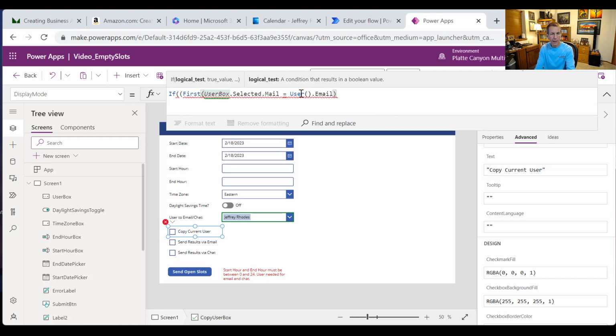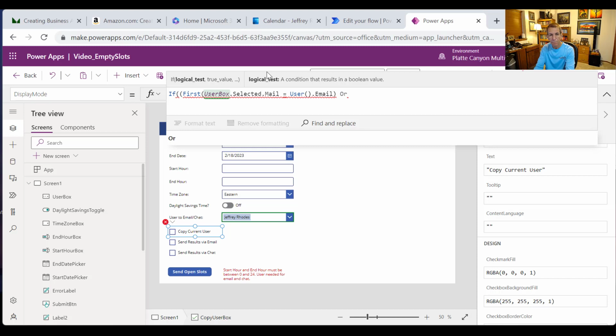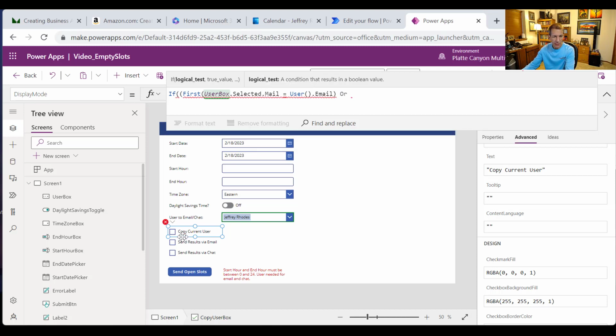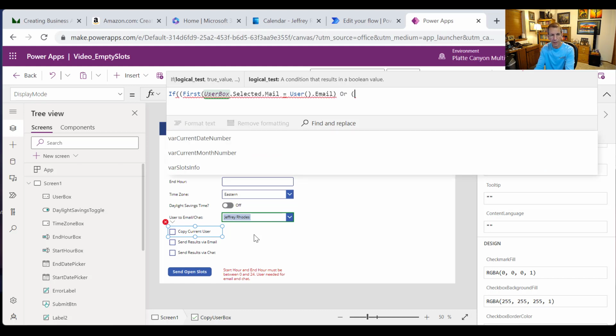So if they're the same, we might as well disable, because you don't need to copy the current user, because that is the current user. Or if they haven't checked these boxes, then it doesn't do anything. So in other words, there's no reason to check it if we're not emailing it or chatting it either way. So we'll say